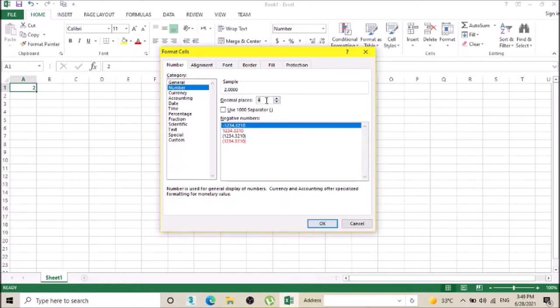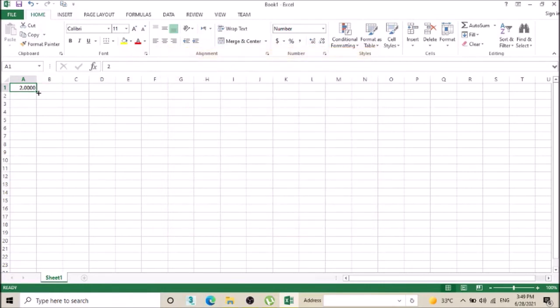So if I select 4 decimal places and select OK to close this dialog box, you can see that this cell is now showing 4 decimal places. So these are the two ways to adjust the decimal places in MS Excel, but you need to be very